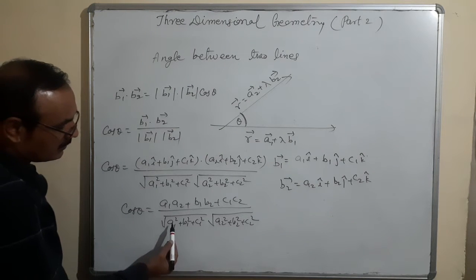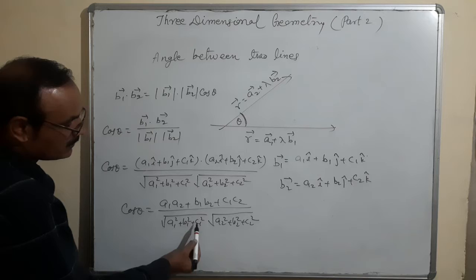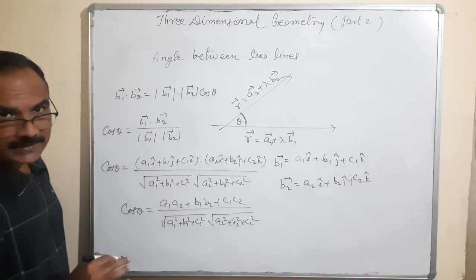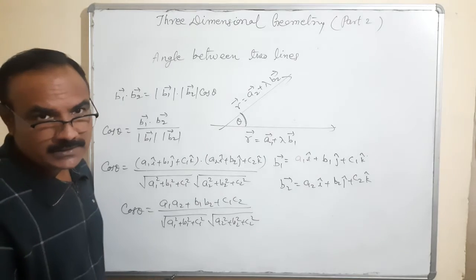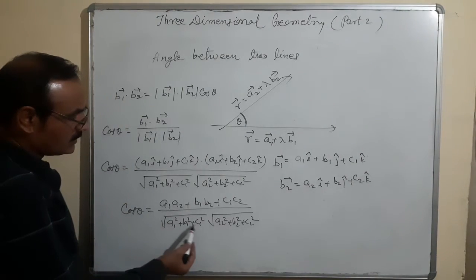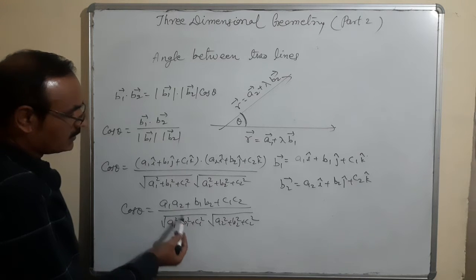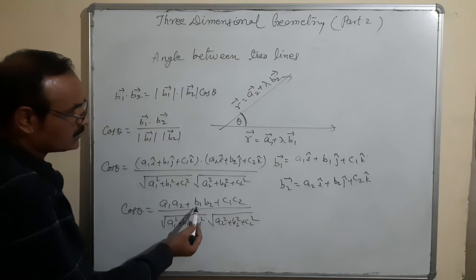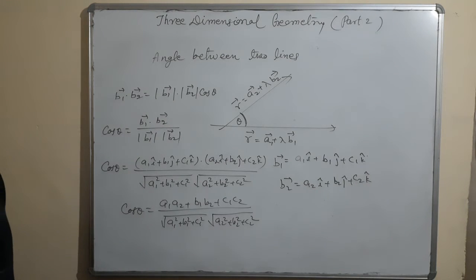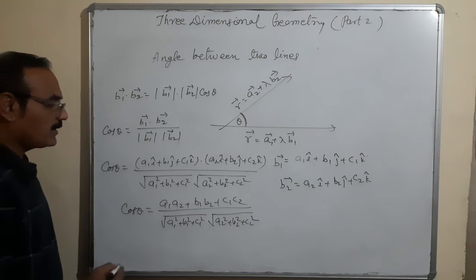a1 upon under root a1 square plus b1 square plus c1 square, that is l1, the direction cosine. How to convert from direction ratios to direction cosines? a1 upon this, a2 upon this, a1 a2 upon this plus b1 b2 upon this. So both the terms, when we convert them into that form, it comes directly: